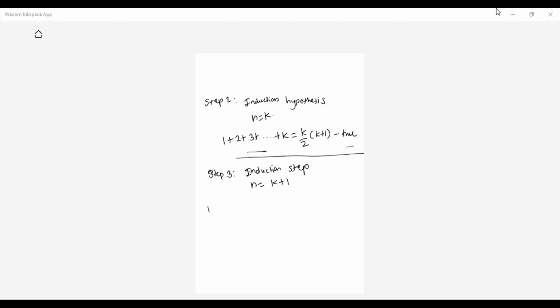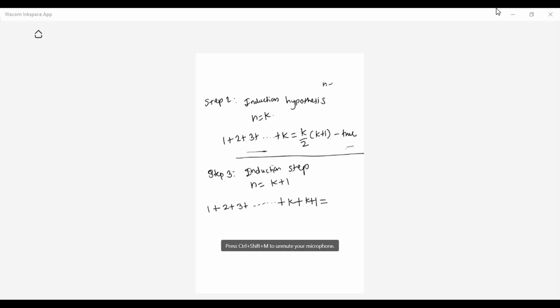It would be 1 plus 2 plus 3 plus dash dash dash plus k. Up to k we will have, and then we have to move to the next, k plus 1 thing, right? So plus k plus 1 you will be writing. This is a very important step that you have to do. Up to k you will be there, but now you're moving to the k plus 1 step. So k plus 1 you will have. Now which is equal to, what is the RHS you are having, student?